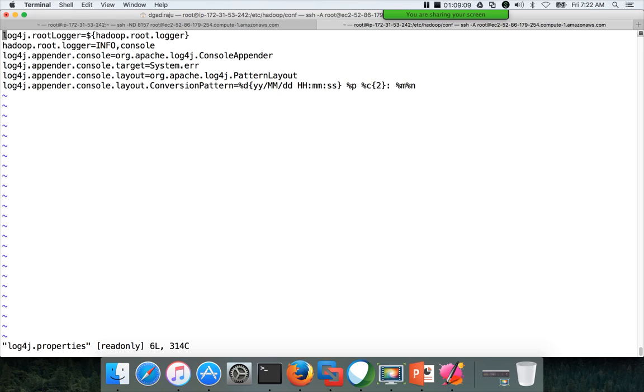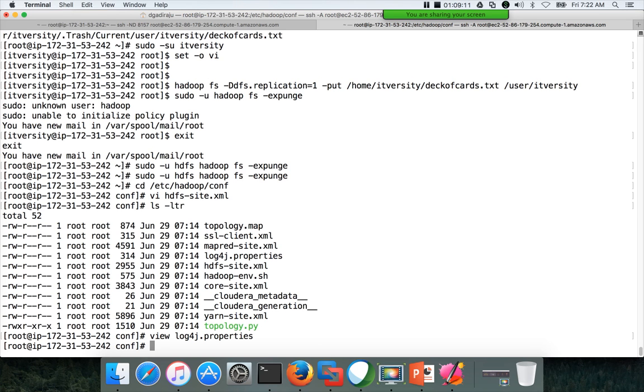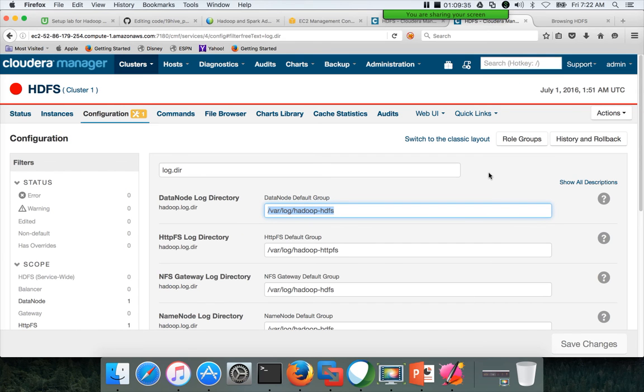the reason why we are not seeing the parameters properly here is Cloudera manages these parameters in a different fashion. This is the typical location which you need to look into, but when it comes to Cloudera, you have to go to where run. There is another location where the configuration files will be stored for each and every restart. The reason they are supporting this one is, if you see here, there is history and rollback.